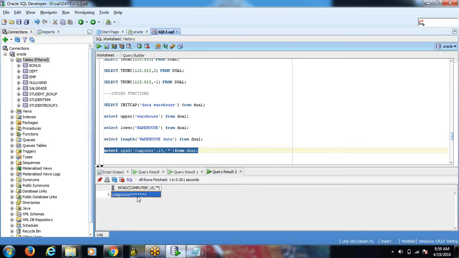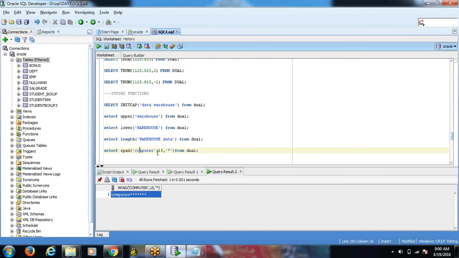See, it is adding the asterisk symbol. Rpad means it is padding the asterisk symbol at the right side of the given string. What is the given string? Computer. How many characters are there in computer? 1, 2, 3, 4, 5, 6, 7, 8 characters. 8 plus how much equals 15? 7.